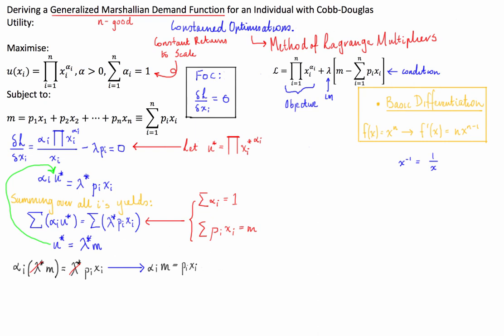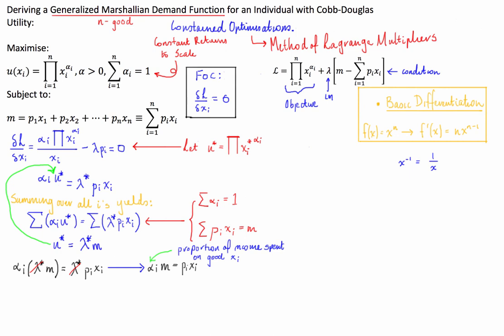And the way we can interpret this relationship here is that this alpha i is the proportion of income that we spend on good xi. Okay, now what we can then do is find out some kind of optimal demand for xi here,